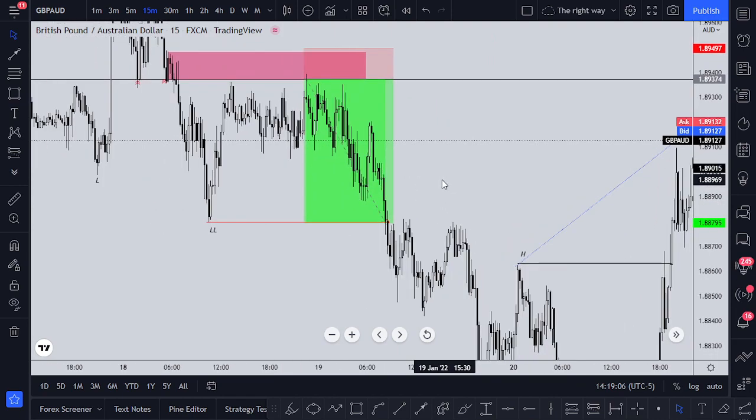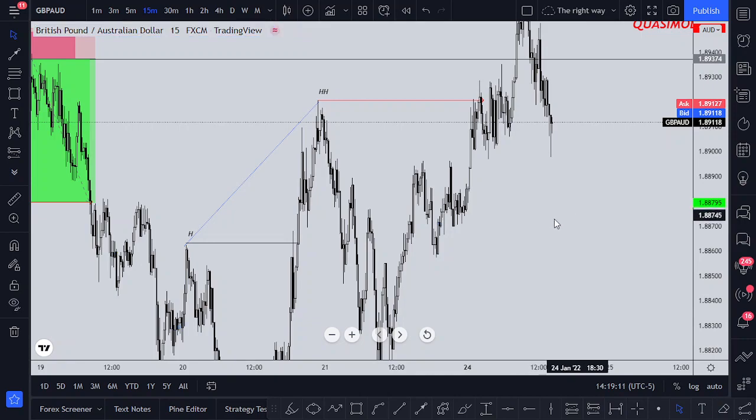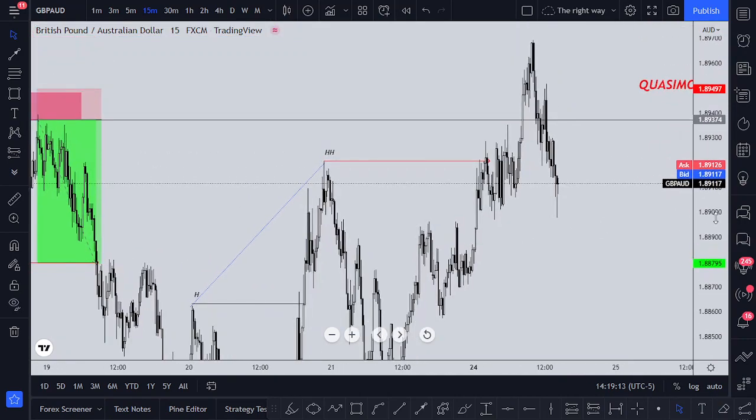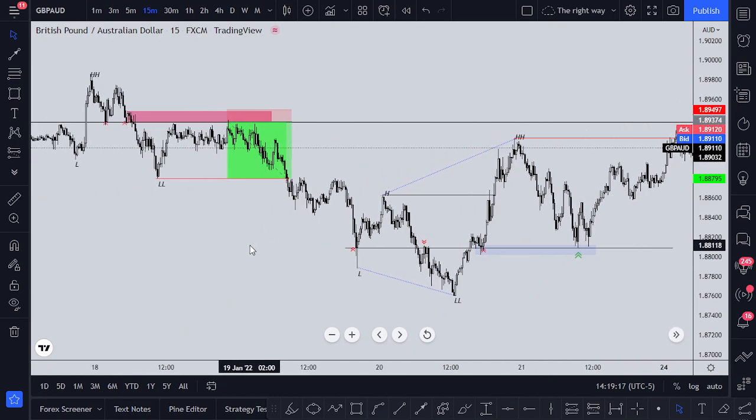So guys, this is all about the Quasimodo, at least backtest. Quasimodo works well whenever you're in flow with the structure and whenever you know whatever the market is trying to seek or reach for. So basically,